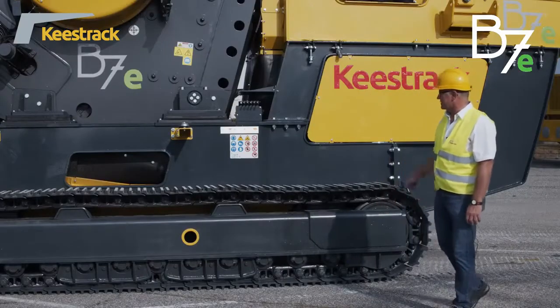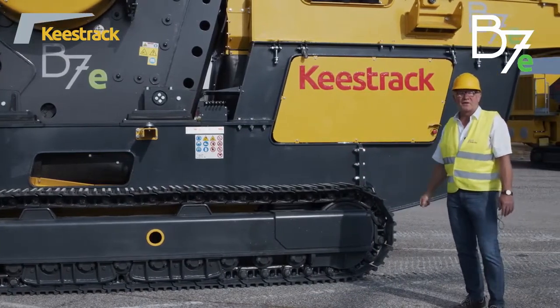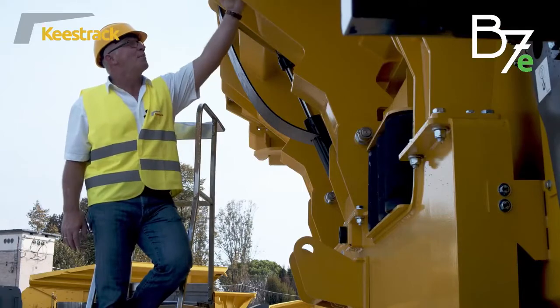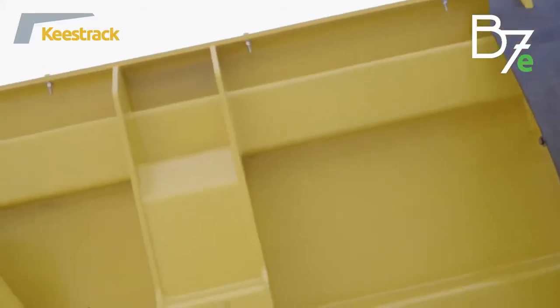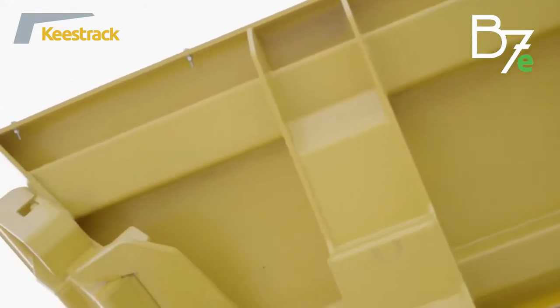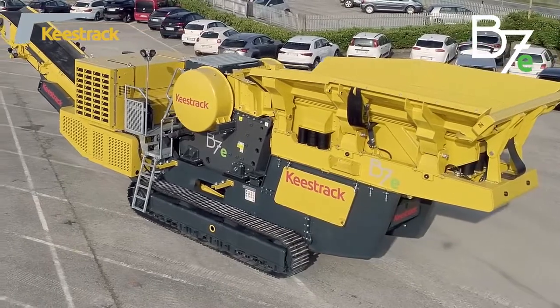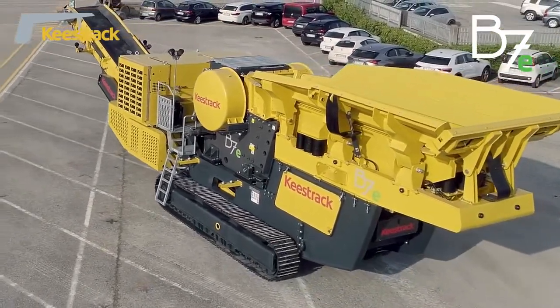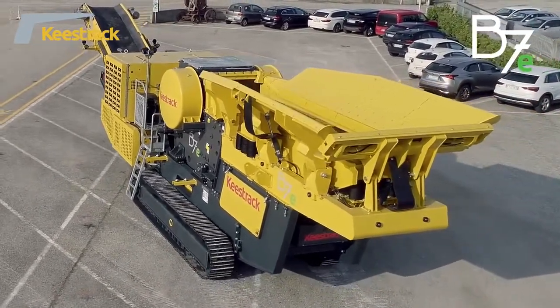The B7e is moved by tracks and can be built up from transport position to operating position within 15 minutes. The heavy-duty feed hopper is made in double shell design, where the outer shell consists of profiles made of high tension steel, and the outer profiles are going from the beginning to the end in one piece to avoid cracks